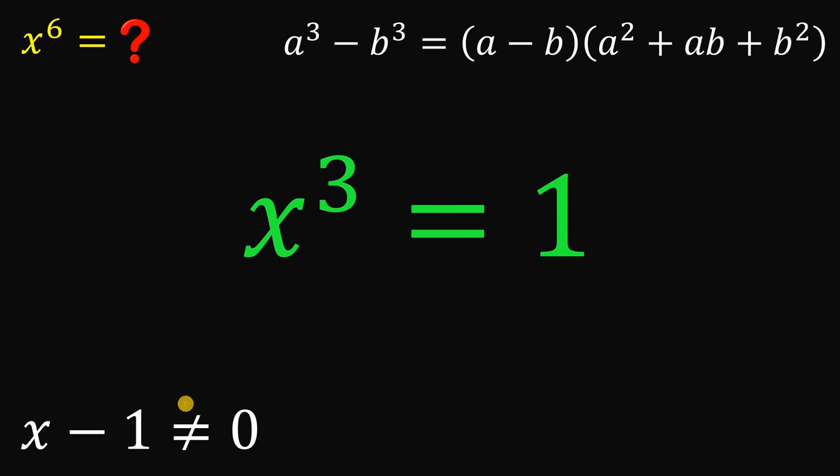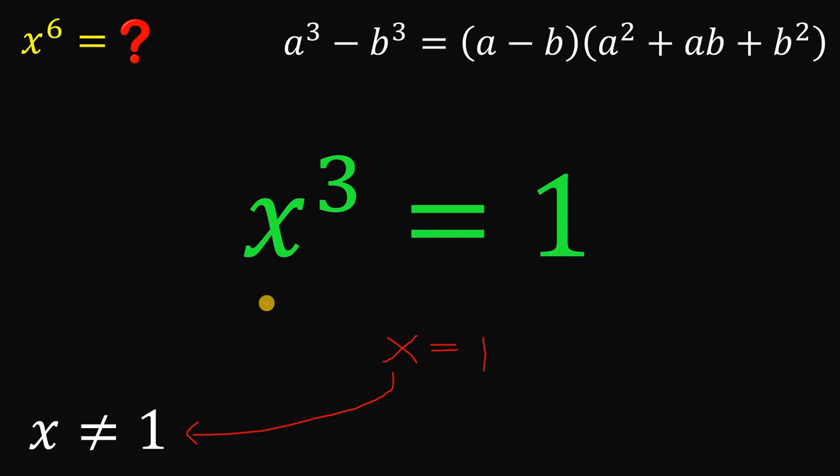Now, don't forget that we said earlier that x minus 1 is not equal to 0. It follows that x is not equal to 1. Now, you can say that x cubed equals 1. If you take the cube root on both sides, you get that x equals 1. But we said earlier that x is not equal to 1